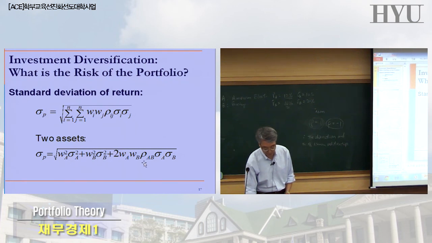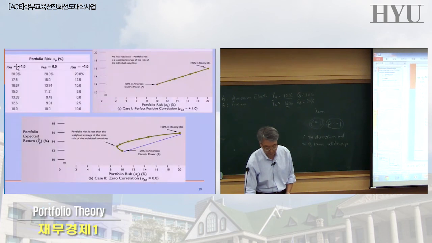Also, you have to consider the correlation coefficient. The correlation coefficient matters when you determine the portfolio risk level. Okay? So here they thought about three different scenarios. The perfect positive correlation, meaning the correlation coefficient was 1.0. Absolutely no correlation, correlation coefficient being 0, right? And then perfect negative correlation, so the correlation coefficient between A and B was -1, right?